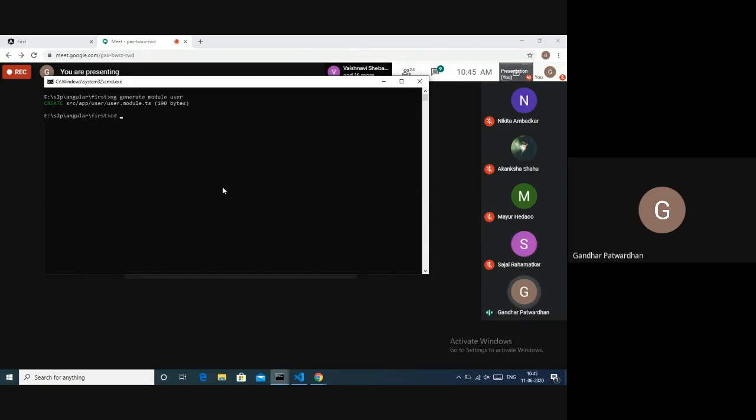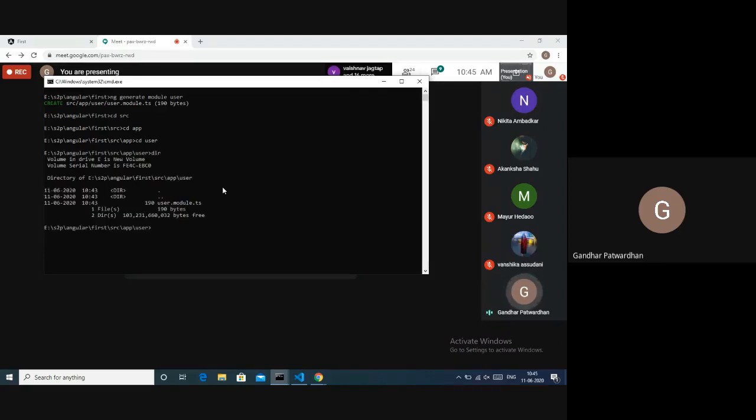I will say cd src, then cd app, then cd user, because this is the name of the module which we had generated. Inside user, if you do a dir, you will see your user.module.ts file.